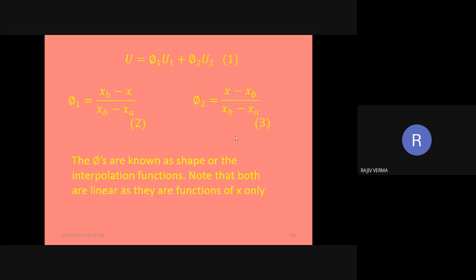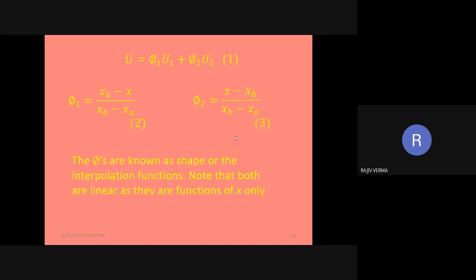Now there happen to be some rules, some guidelines, with the help of which you can exactly locate a range within which the third node is supposed to be located in the domain. You cannot really locate the third node at any position which you desire. There is a set of rules which is going to govern the location of the third node. But this obviously we are going to study somewhere in the future classes.